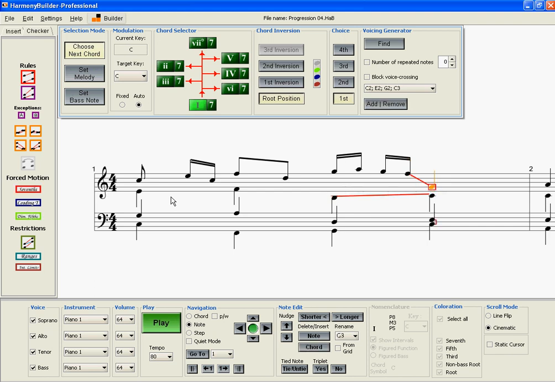And then here I want maybe an E, so the melody goes down to an E, then down to an F. Notice as I do this, all these errors come up because now I'm changing the melody note. It's creating errors with the other notes, so we're going to have to address that issue later by changing notes in the chord. Let's continue with our melody, and here I'll go to a C